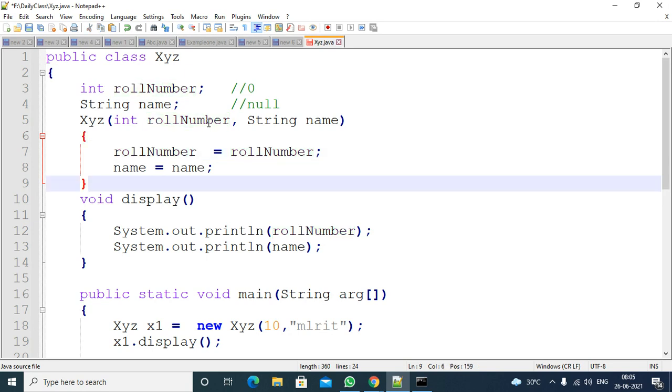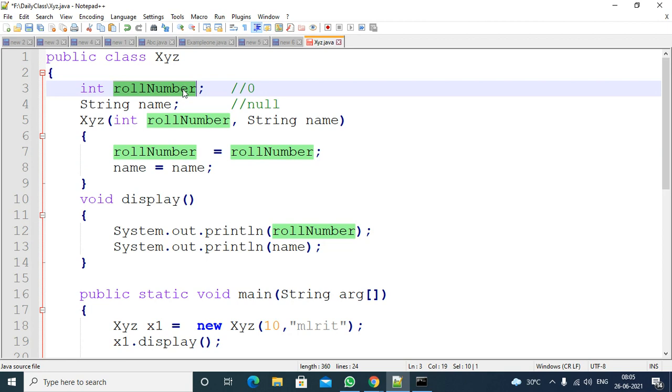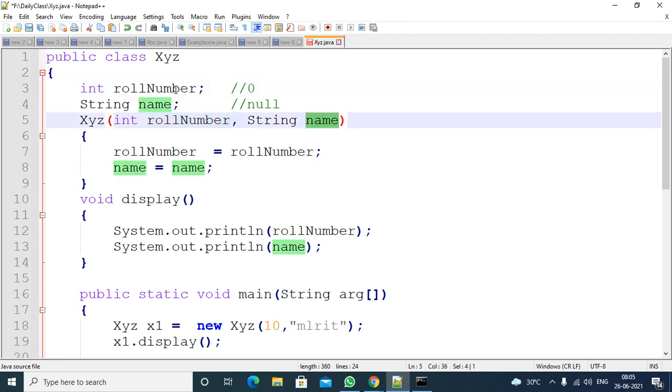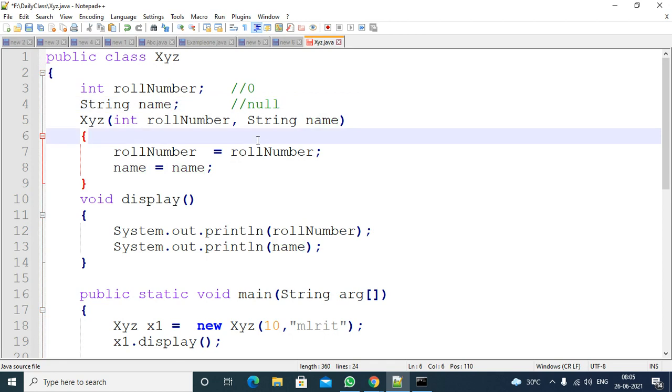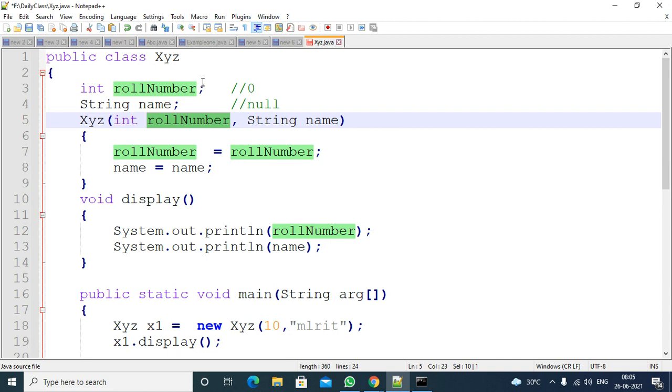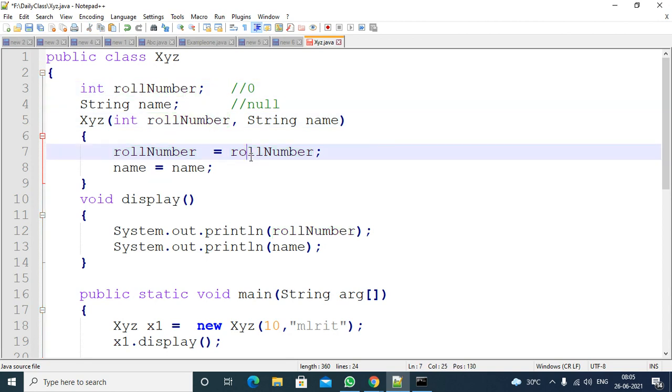Here the local variable name and the instance variable name are both the same. Roll number is the same, name is the same. That means two variable names are the same, so that's why the local variable value is not assigned to the instance variable. In this case, you need to explicitly tell it to take the local variable value and assign it to the instance variable.